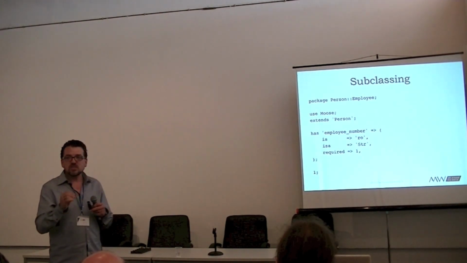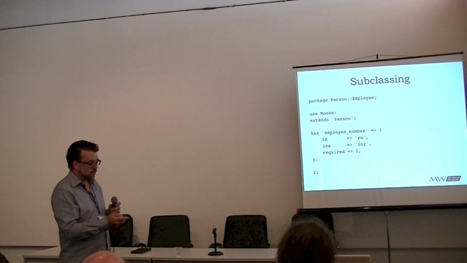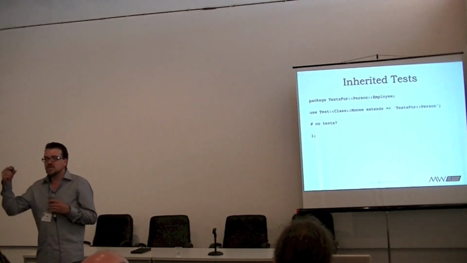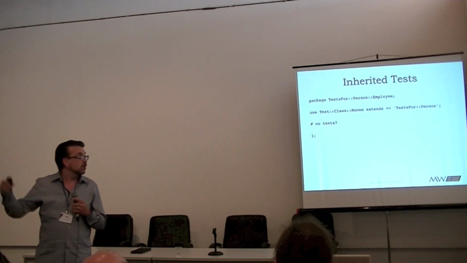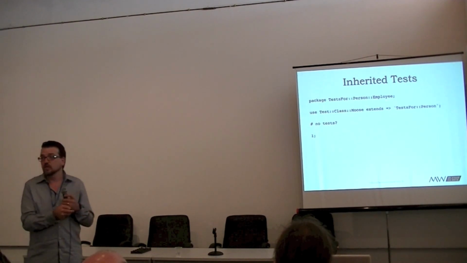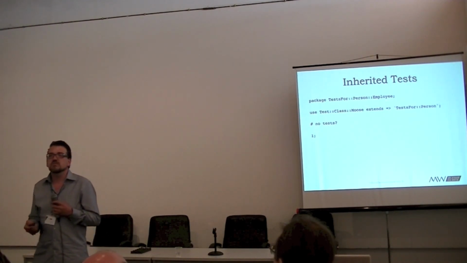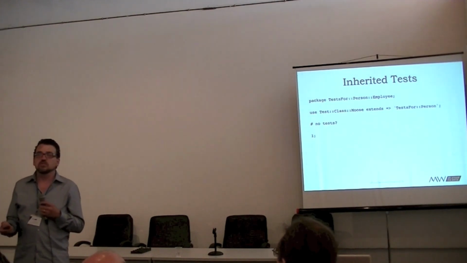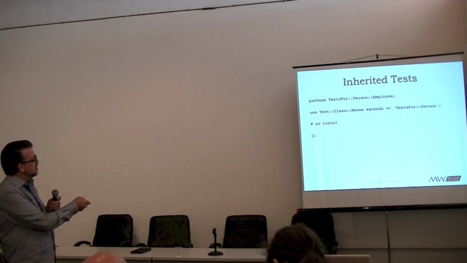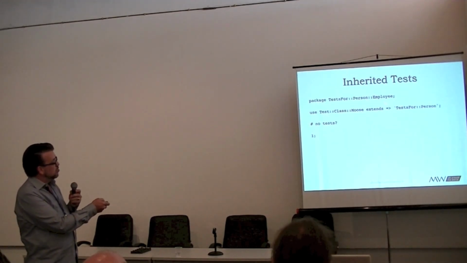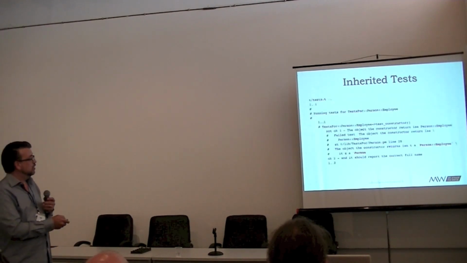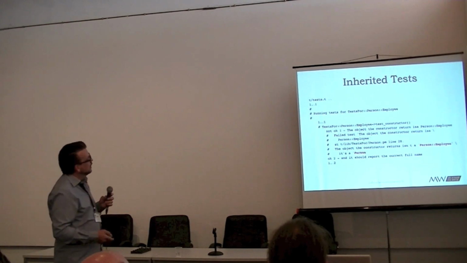So we keep this in mind when we're doing testing with inherited tests, because this means any tests that I wrote for Person should automatically be valid for Person::Employee. If they're not, then you have violated the Liskov substitution principle. There are ways you can deliberately violate it if you want to. But basically, I didn't write any tests here. Instead, I've simply had my Person::Employee test class extend the test for Person. And what happens when I run it? Boom. So this fails